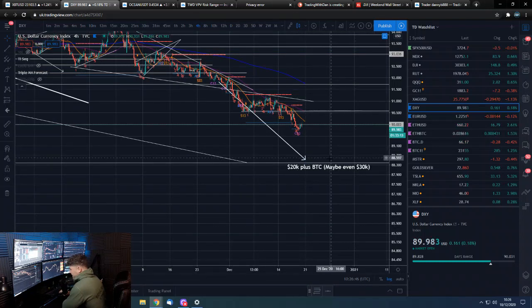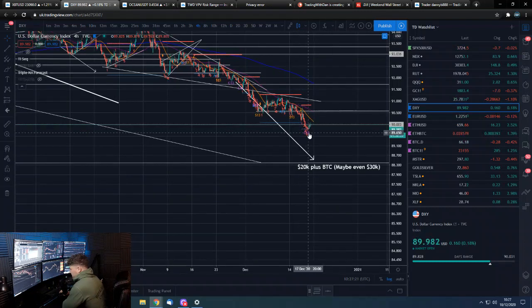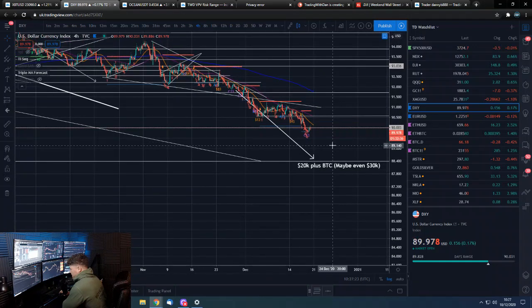So yeah, the 88 handle, looking like we could get down here. It will be interesting to see. Clearly we now know we're 20k plus on Bitcoin. But can we get 30k? It is not too far away, based on what has happened with this move, especially now. The Bitcoin price should be able to trade more freely in its price discovery range to the upside now that we have absolutely blasted through that 20k level, which was clearly a macro